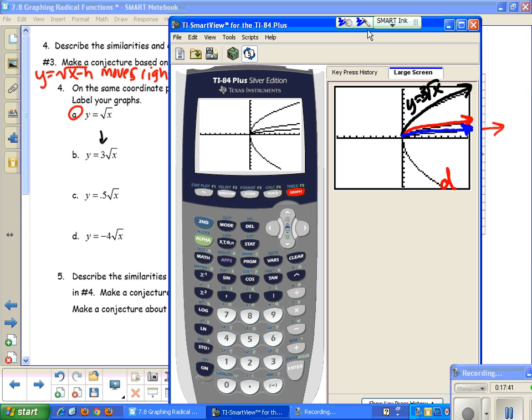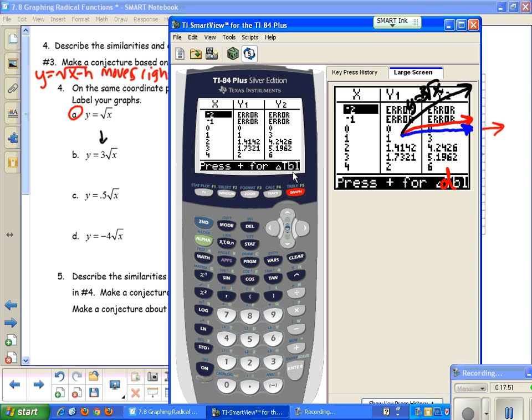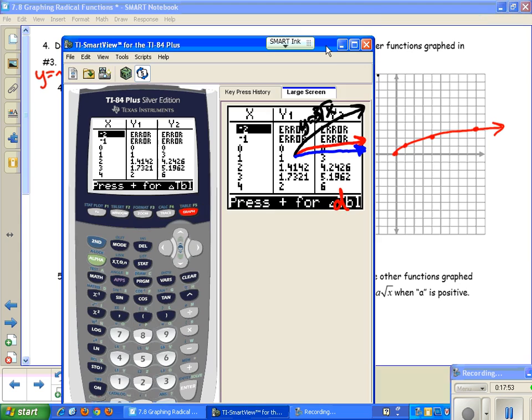So let's go ahead and, in order to graph these, you can use your table. So if I go to my table in my calculator and I take a look at these,